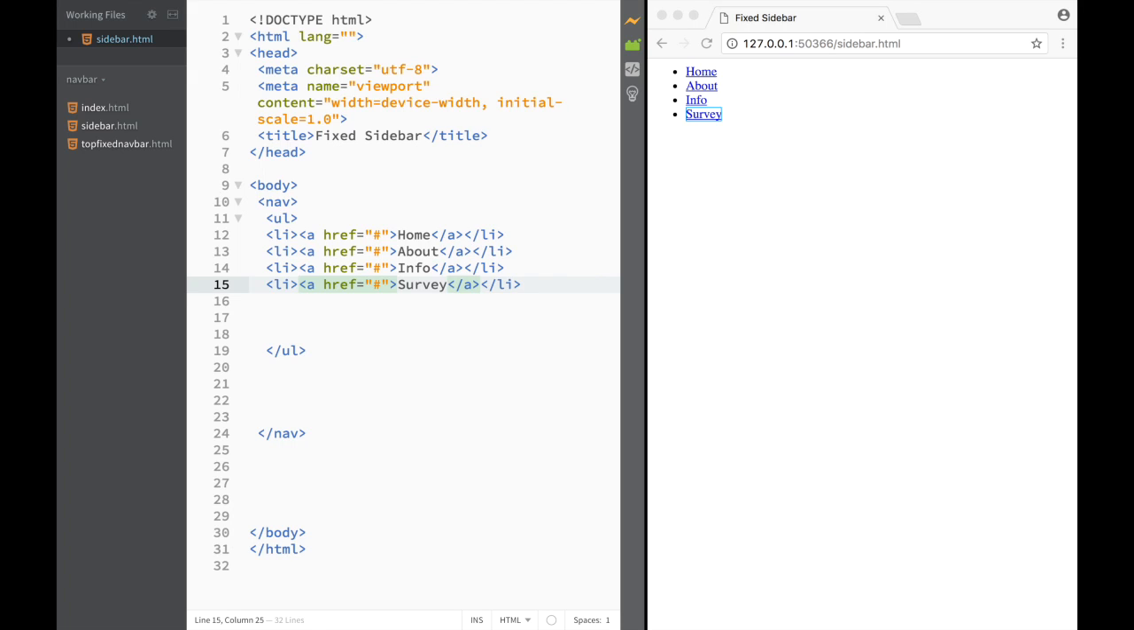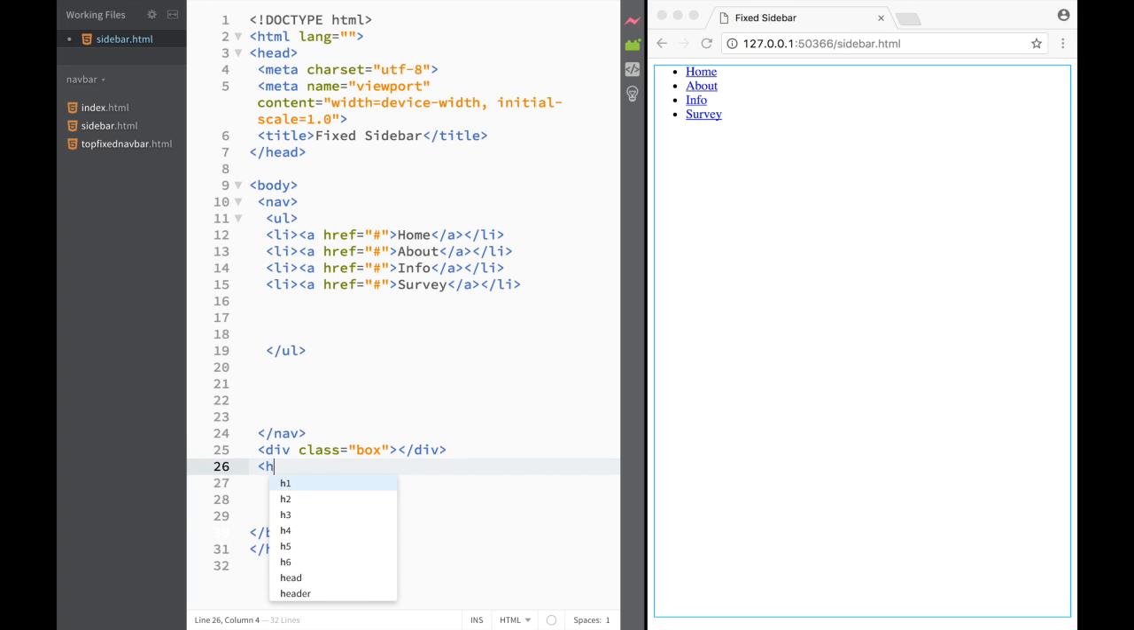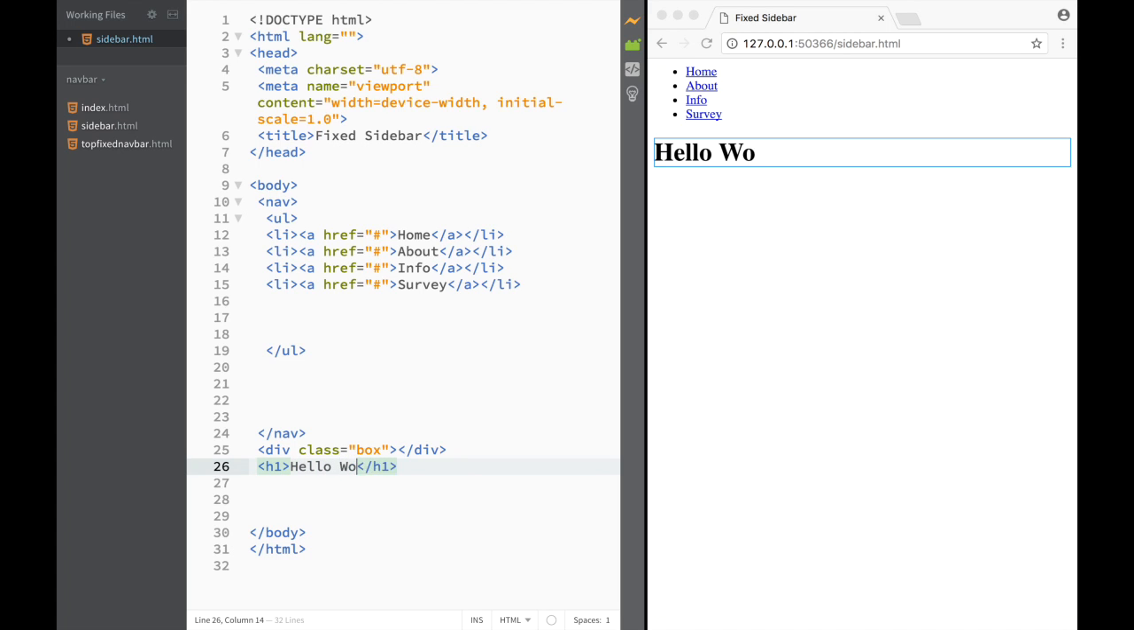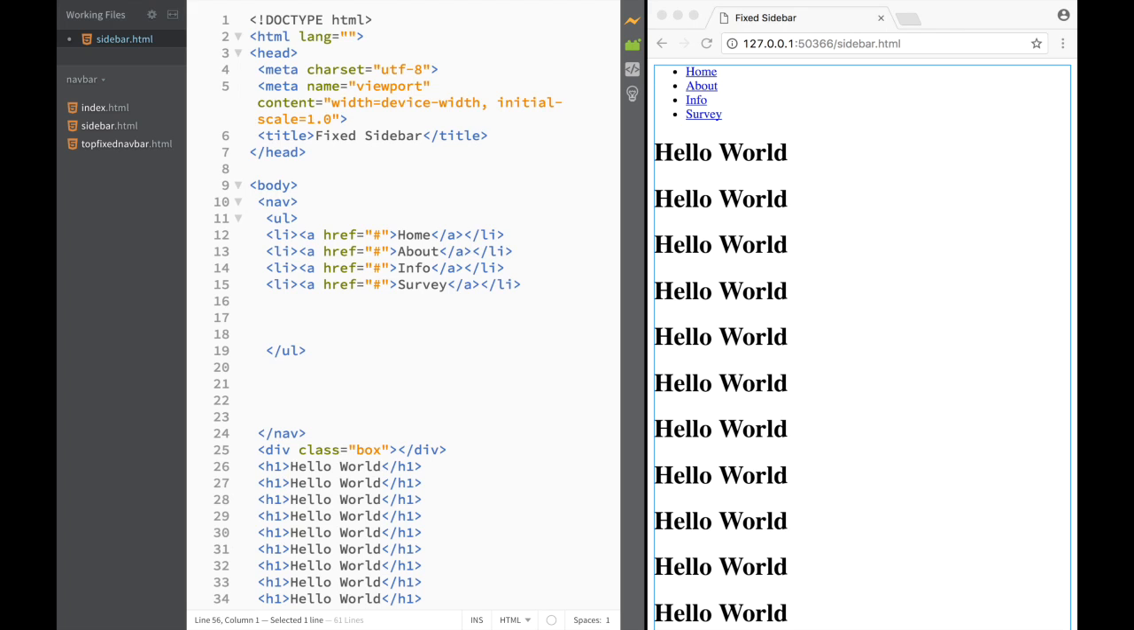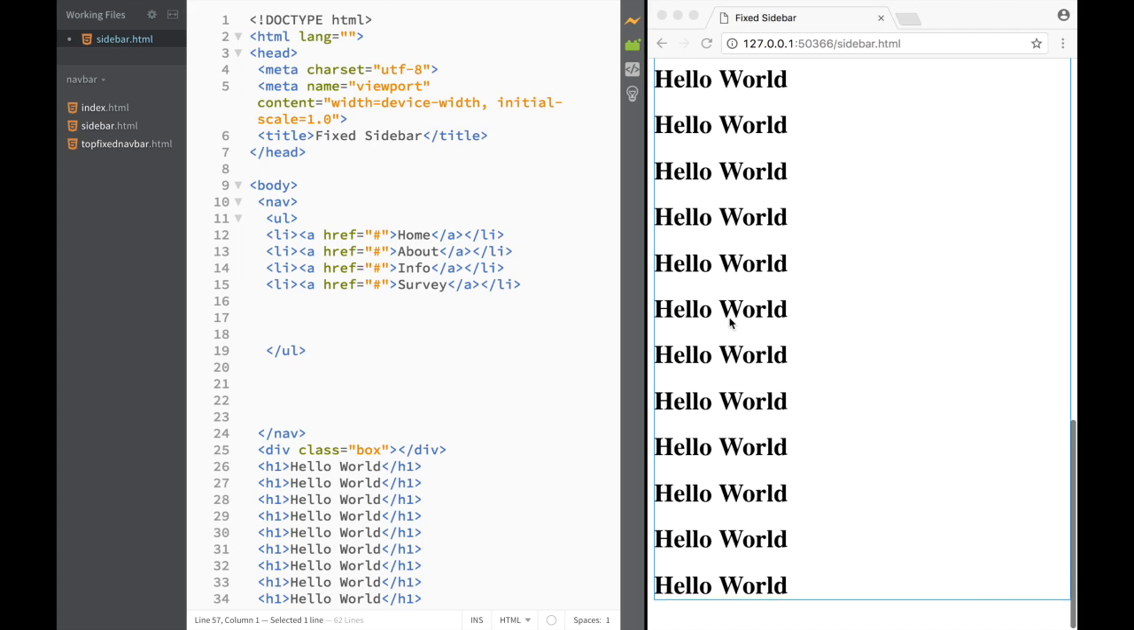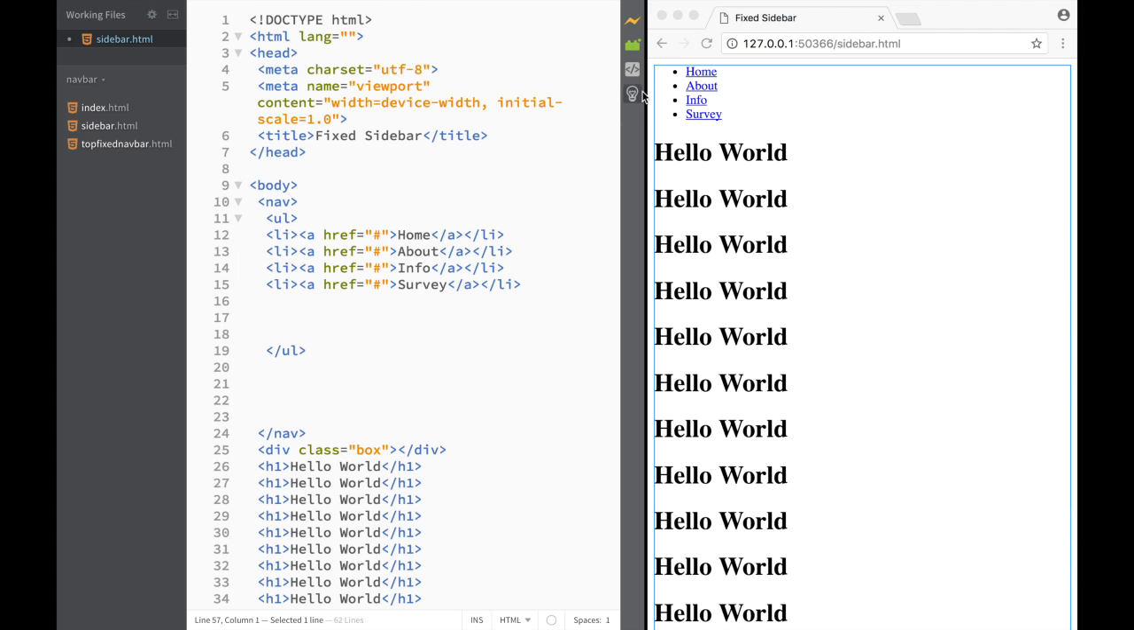So now we have 4 list items. Now let's keep going, and let's add again a div, and we're going to give it a class of box. And over here we're just going to say that within this div, again, there's going to be a heading 1, and it's going to say hello world, right? And again, we're just going to select the whole line, and copy it multiple times, so then when we're scrolling up and down a page, we can see how this navbar over here is fixed to the